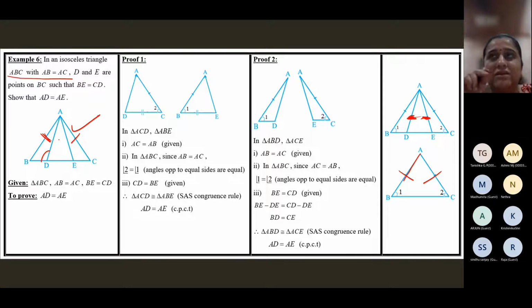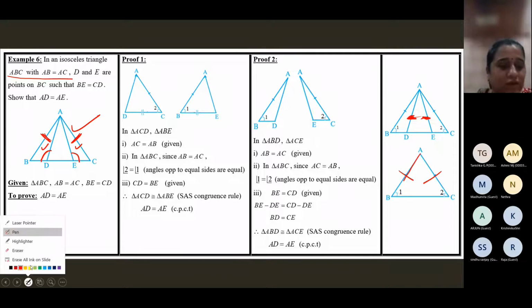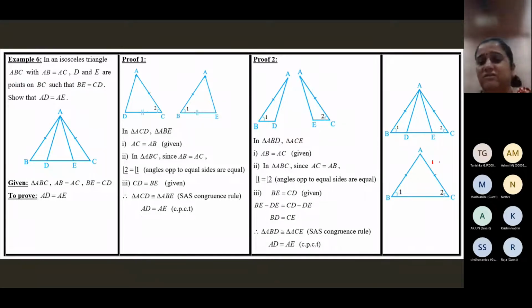No, you have to apply the property inside the triangle ABC. If you see it in this figure, then you will say the angle opposite to this side is this angle and the angle opposite to this side is this angle. No, it's not like that. You shouldn't consider multiple triangles. That way you're taking this triangle and this triangle here. You cannot take multiple triangles. You should take only the triangle ABC, that one triangle which you see here.